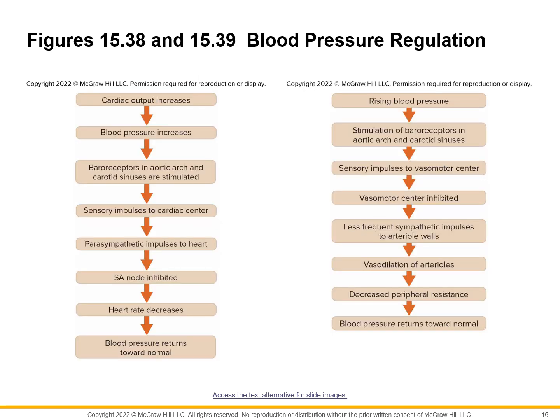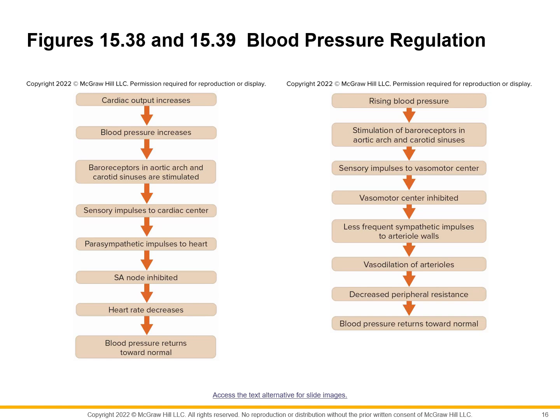So this diagram is a summary of what we just said. This is the issue of the heart and this is the issue of the blood vessels. So cardiac output increases. This is in case of high blood pressure. Blood pressure increases. Receptors detect this change, sensory impulses go to the cardiac center, then the parasympathetic impulse to the heart will affect the SA node and AV node, so they will be inhibited. This will reduce the heart rate, and as a consequence of that, the blood pressure will return